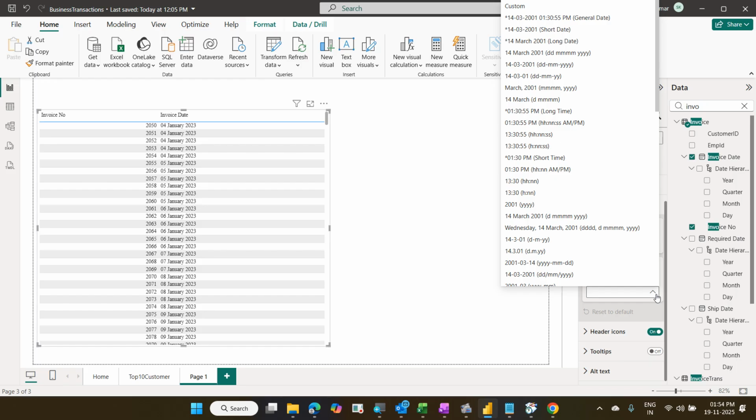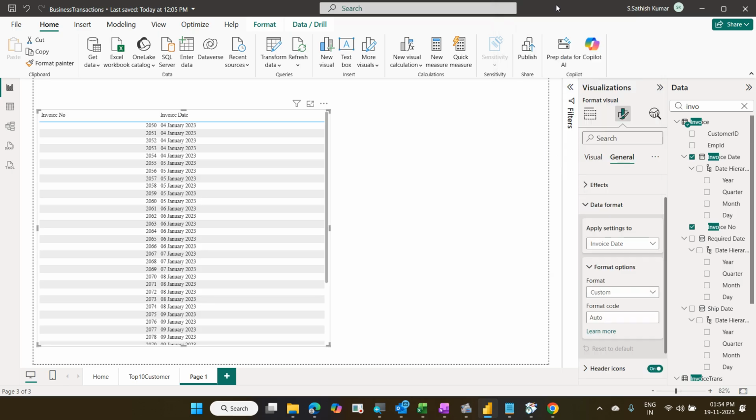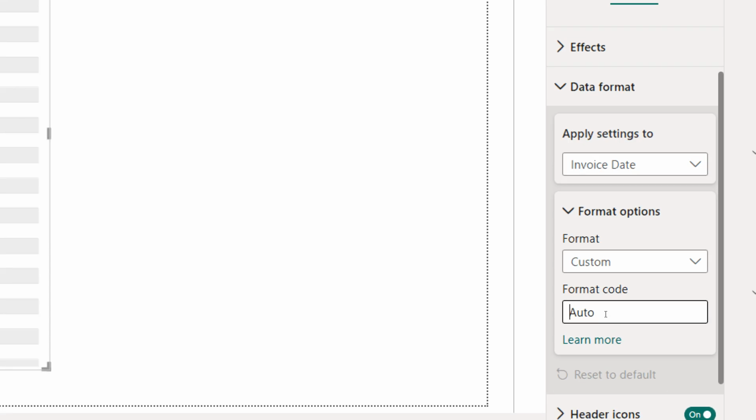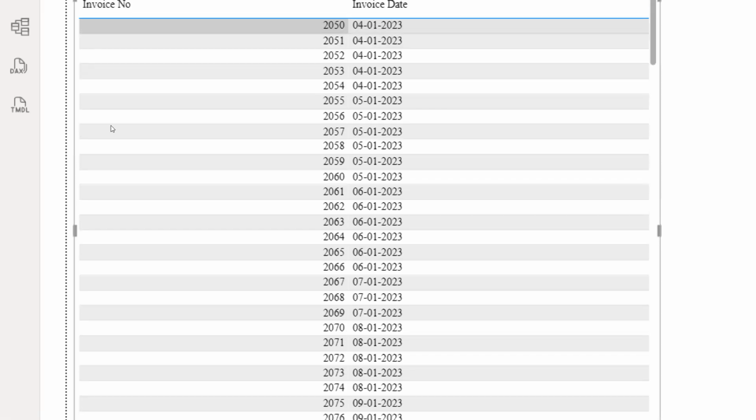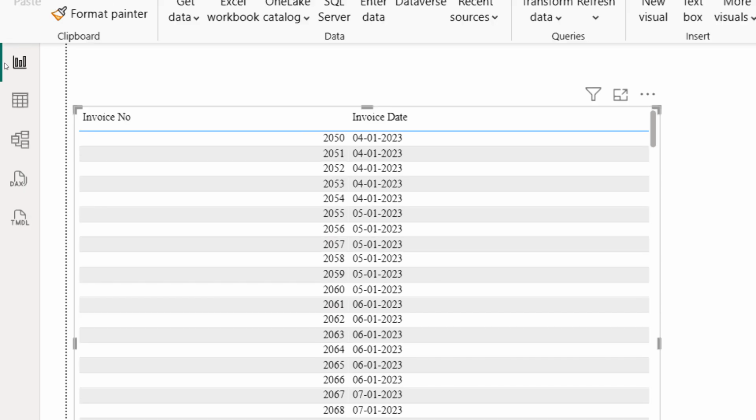If you are not satisfied with any one of the date formats, for example, I am not satisfied with this, I want my own date format, then go to the top one, the first one, custom. Click on custom and type your format. It's asking for the format code. It shows auto, let me make DD. DD is for day. If I type only 1D, it will show 1, 2, 3. You can see parallelly it's showing the preview. Let me say 2D, I recommend to go with 2D,